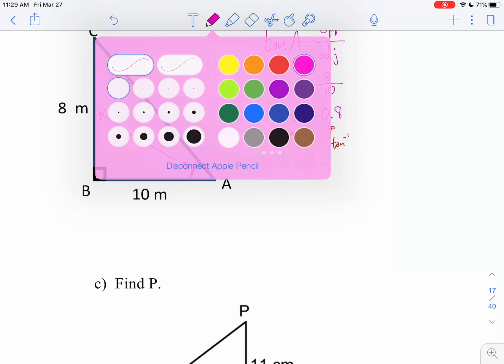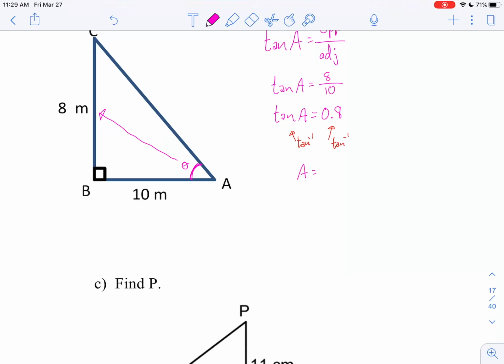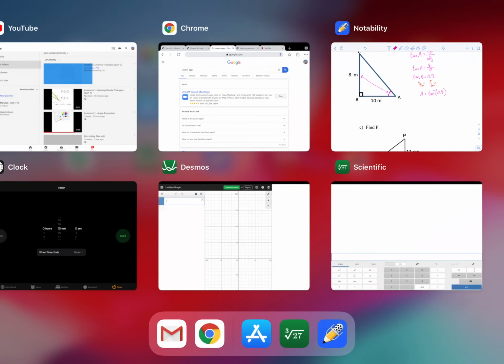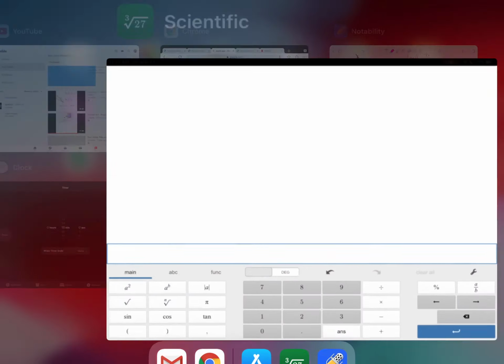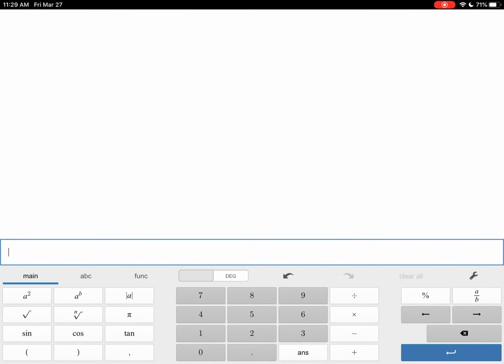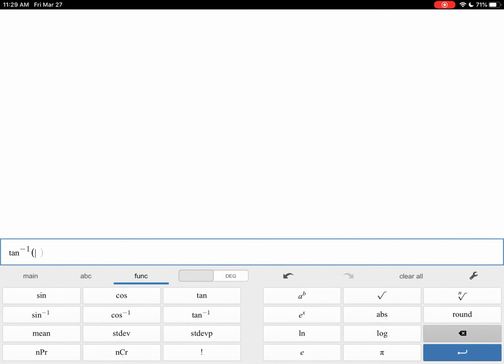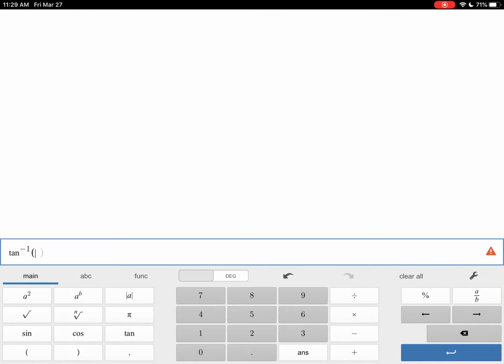So I'm going to be left with A is equal to the tan inverse of 8 over 10, or you can reduce the fraction if it's nice and easy, of 0.8. Oh, sorry, tan inverse. Forgot that inverse there. That's very important. So flip to your scientific calculator and do second function in tan, and you get that tan inverse. And take the tan inverse of 0.8, and we get the answer of